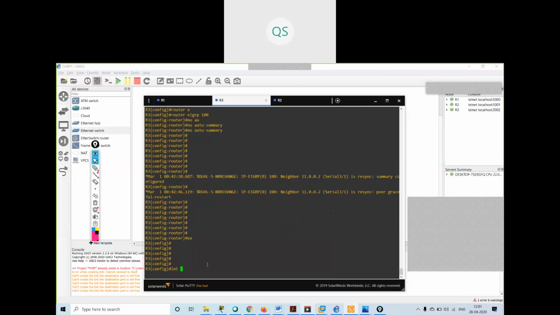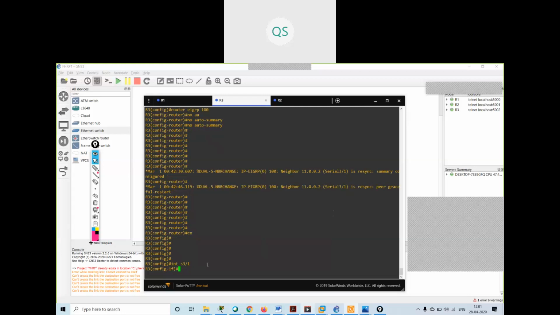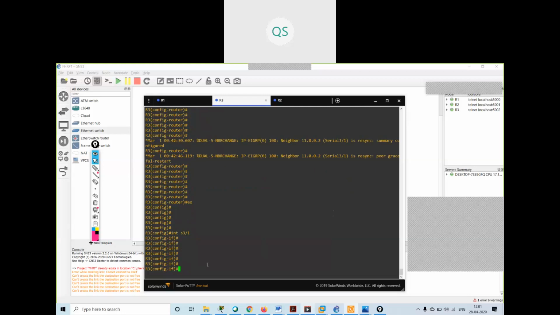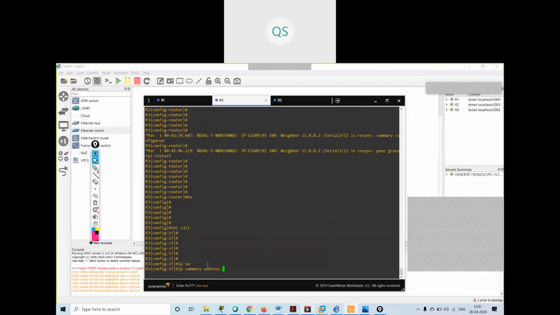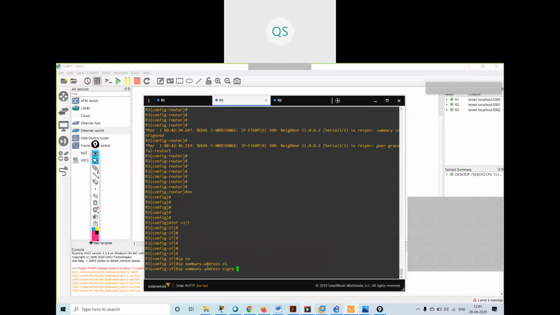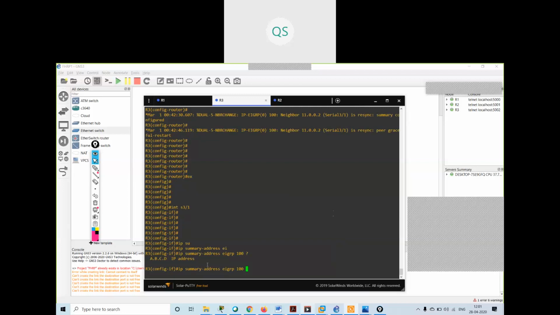Interface serial 3/1, IP summary-address EIGRP 100. Then it is asking me for the summary address, 13.0.0.0. Then it asks for the network mask.